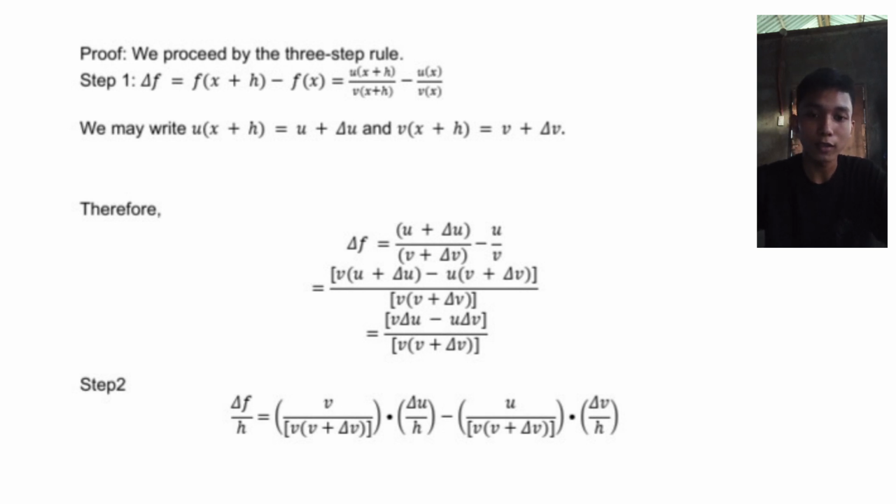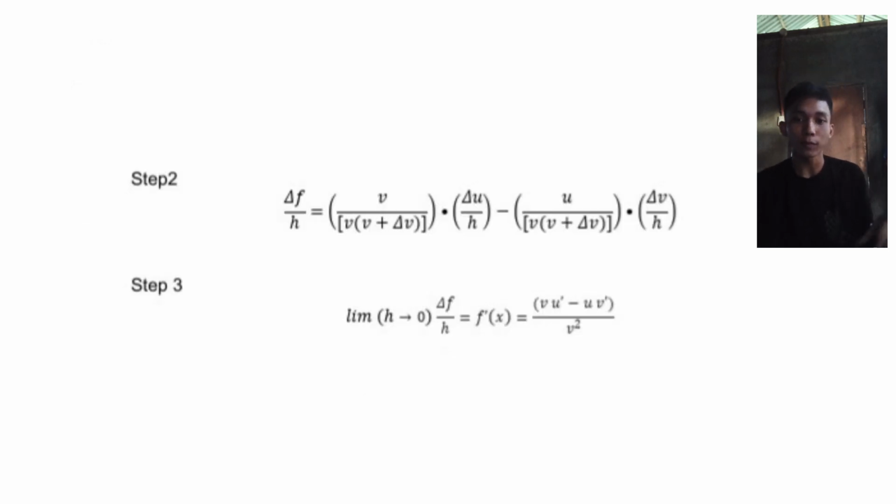So in step 2, delta f over h is equal to v over v times v plus delta v multiplied by delta u over h minus u over v times v plus delta v multiplied by delta v over h. Then in step 3,